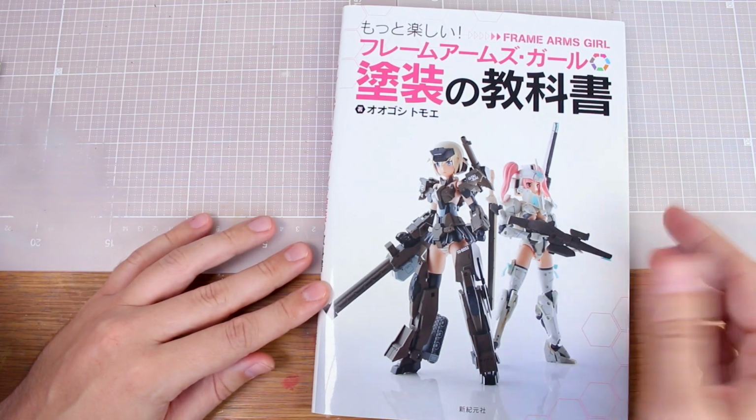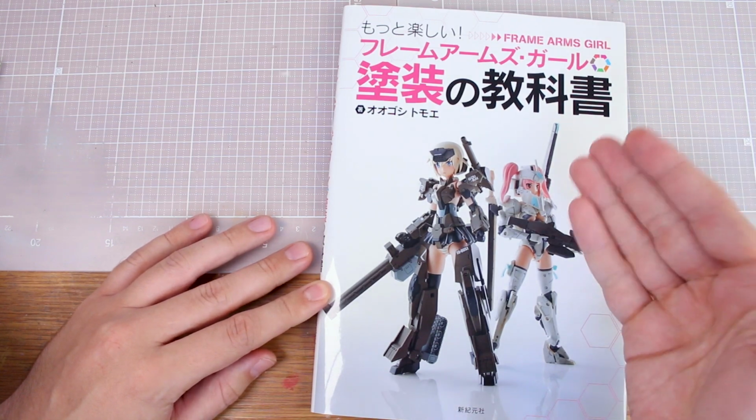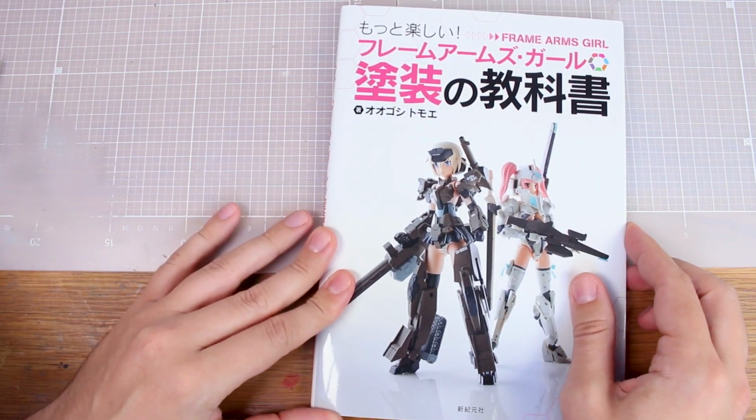Today we're taking a look at another Japanese modeling book here. This one is the Frame Arms Girl Painting Manual, and it is very, very in-depth. There's a ton of information here, and so for that reason, normally when I do these videos, I usually go